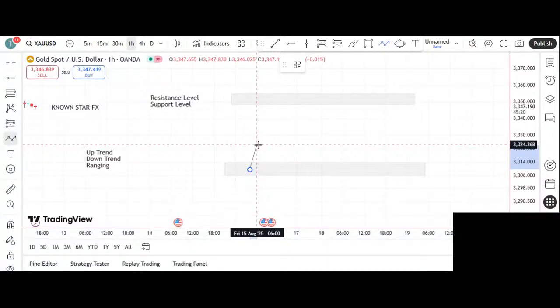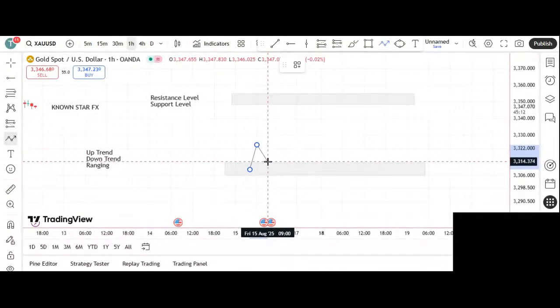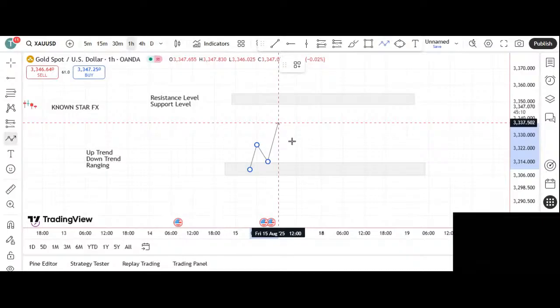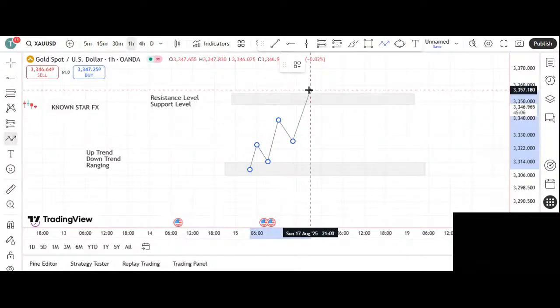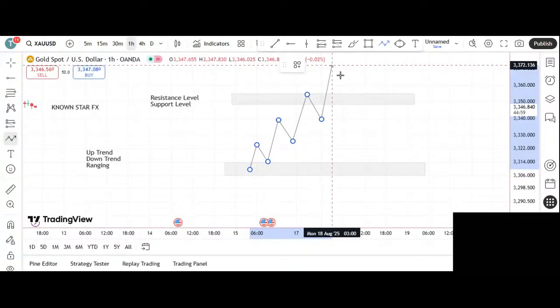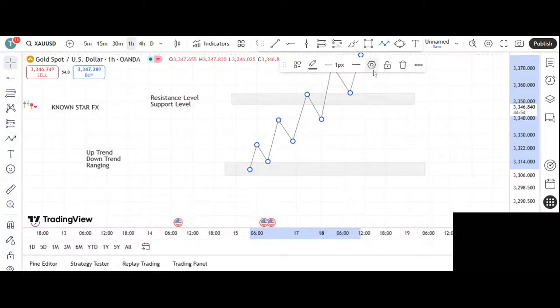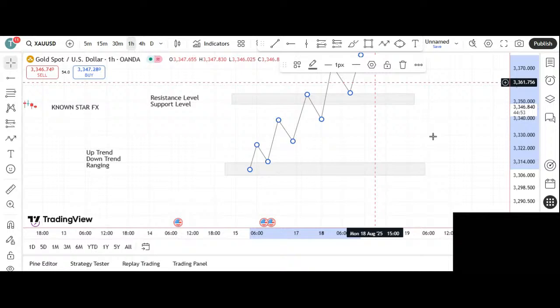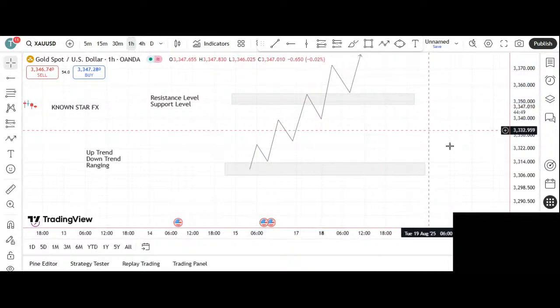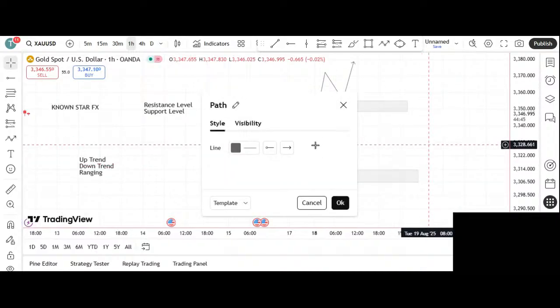Anytime you have a break, the market moves in this format. Market trends this way. It does not necessarily have to be this smooth though, but market trends this way. So now how do you identify which particular area is your support and which particular area